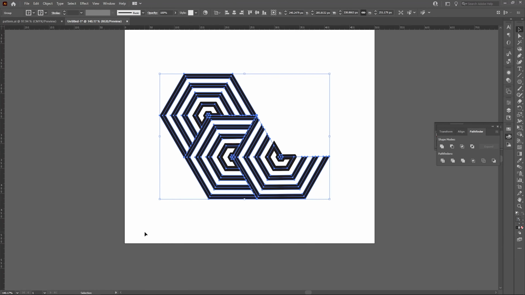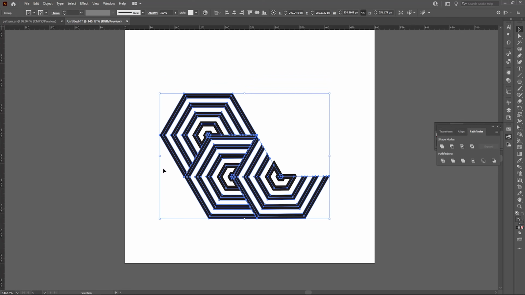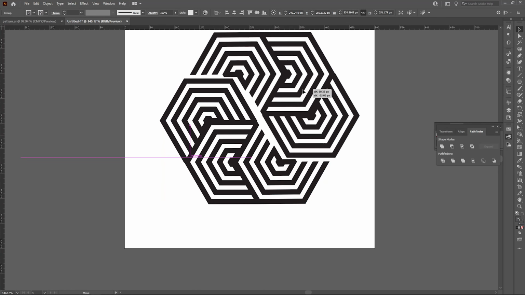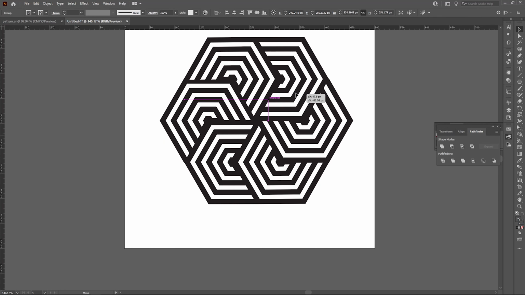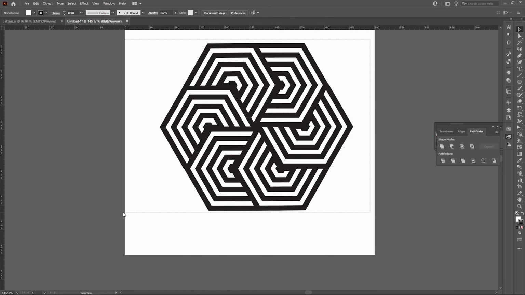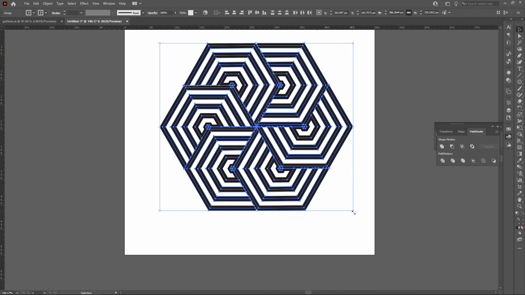Command G, Command C, Command F, rotate this thing. I'll place it over here. Okay, this is nice. So as you can see, our little pattern is ready. I can't believe this has been made. Alright, so let's group it and